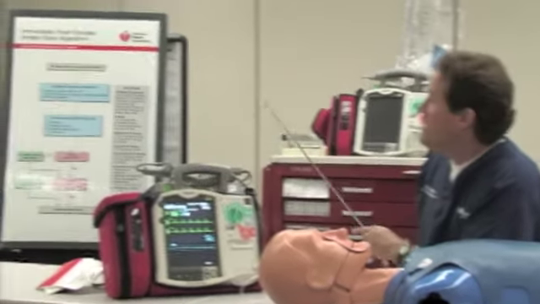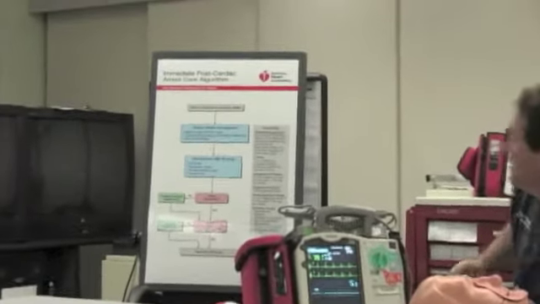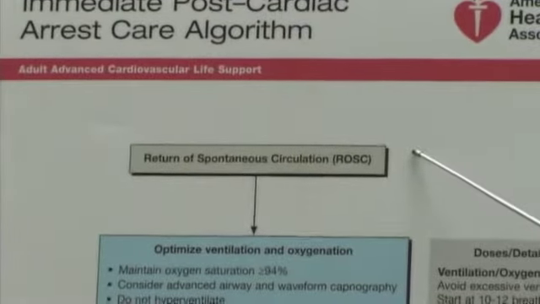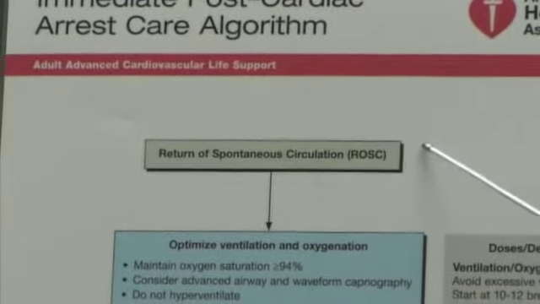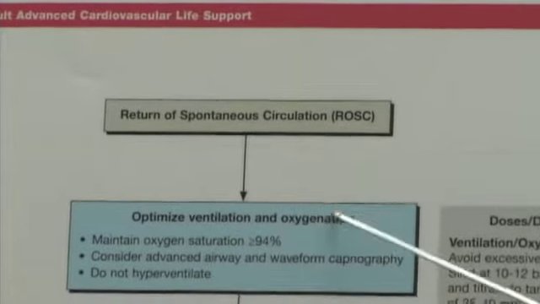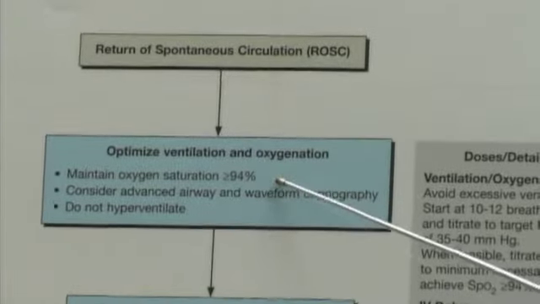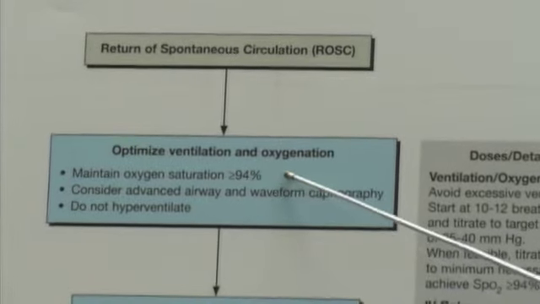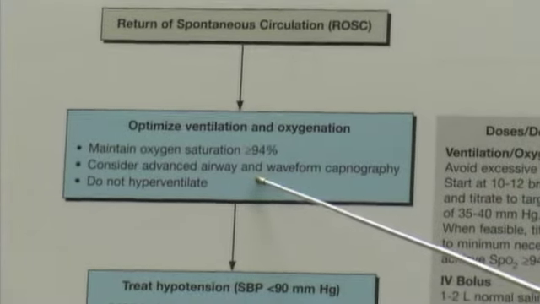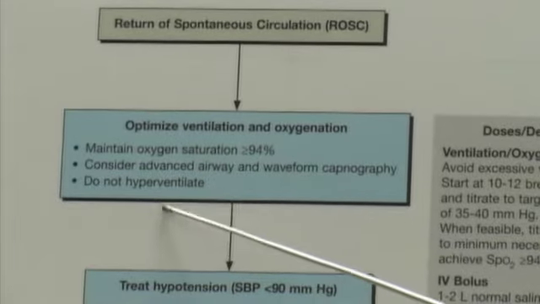So as we look at our algorithm for the immediate post-resuscitation cardiac arrest care, we've clarified we have ROSC, return of spontaneous circulation. So we're going to check our ABCs, make sure our oxygenation and ventilation is intact, make sure our O2 sat is reading, and we're at 94% or higher. We will assume we've already got an advanced airway in place with waveform capnography in place, and the instructions are